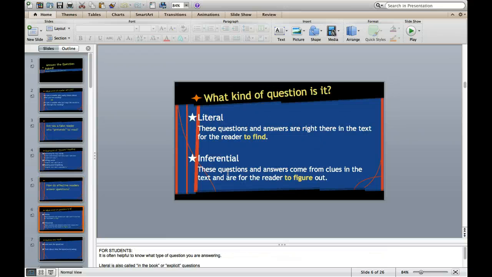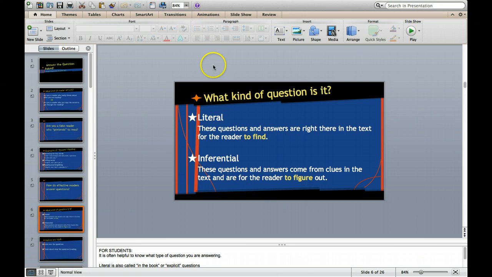So the first thing is you actually have to answer the question that's being asked. What I told the kids yesterday is that I've been teaching literacy and this is my third year, and I've had so many kids say, oh, dude, I knew that answer. I just thought it was asking something else. And I'm like, I know you know that answer, but you need to read the question. So you have to think about what kind of question it's asking.